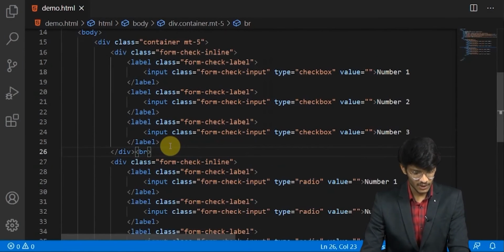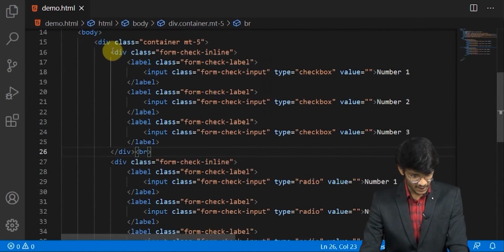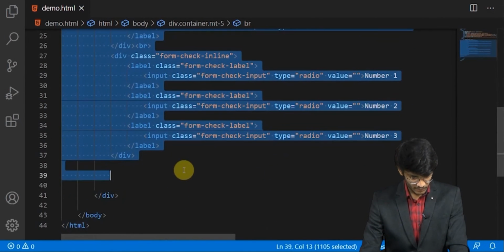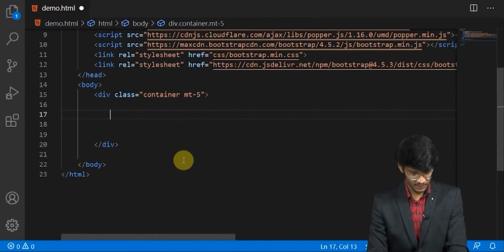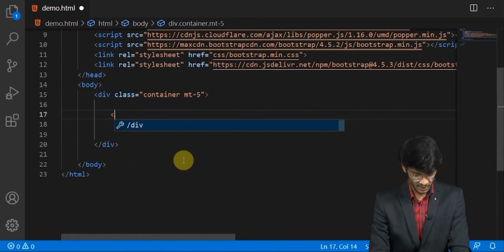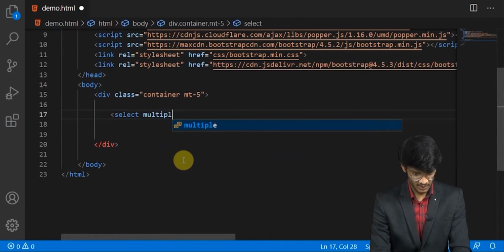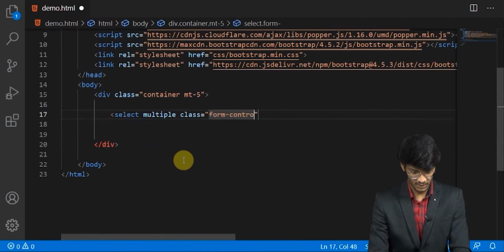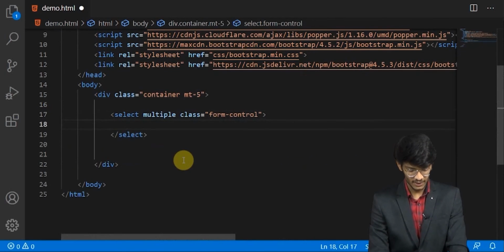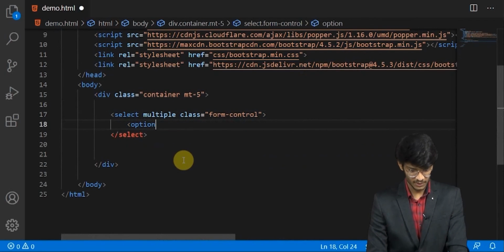Now moving forward, we have a select tag. Let's see that particular select tag. We'll first remove this and then we will have a select multiple, and we'll give it a class form control as usual, and inside that select tag we will write option.